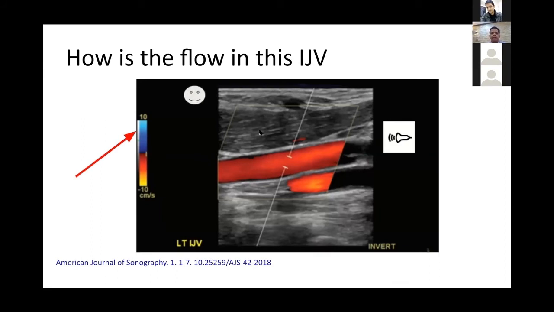So this is in fact a retrograde flow in the internal jugular vein, and for us this is important because we can see this when there is a brachiocephalic vein stenosis. Neurologists see this when there is a normal pressure hydrocephalus, and in fact this is supposed to be a normal waveform in people who are in space. Anyhow, the main confusion that residents have, or even we as nephrologists have, is how to interpret a Doppler image or a Doppler study. And I think these are the basic concepts, and if we get them, then we can interpret any Doppler image.